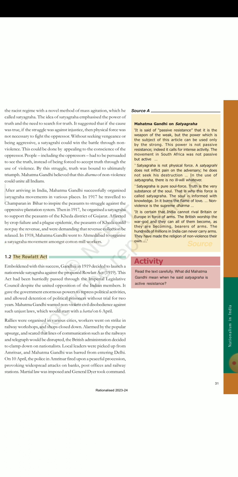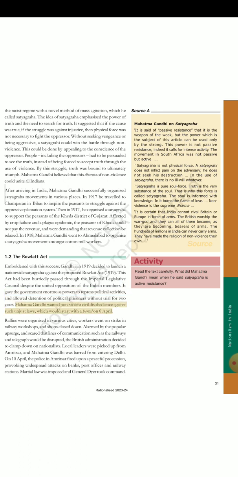The Rowlatt Act. Emboldened with this success, Gandhiji in 1919 decided to launch a nationwide Satyagraha against the proposed Rowlatt Act 1919. This act had been hurriedly passed through the Imperial Legislative Council despite the united opposition of the Indian members. It gave the government enormous powers to repress political activities, and allowed detention of political prisoners without trial for 2 years. Mahatma Gandhi wanted non-violent civil disobedience against such unjust laws, which would start with a hartal on